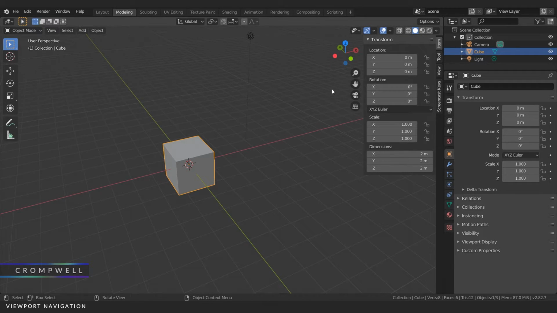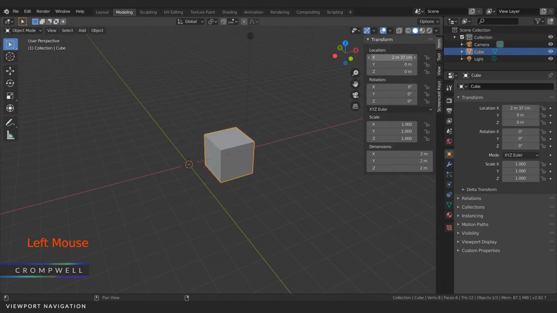So of course I can move things in 3D space. If I drag this here, you can see I can move them. I can also type in decimal points. I think they've changed Blender so that it uses meters and centimeters, which of course makes sense, but sometimes I like to just type in 2 point, whatever. So 2.4 meters, for example, which is 2 meters 40 centimeters. However you need to work with that is completely up to you,